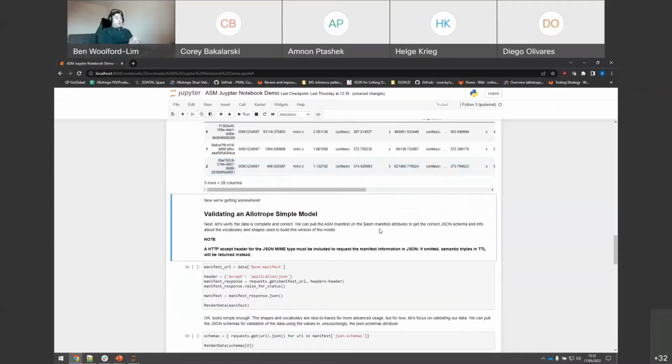First off, we have to pull the Asm Manifest. As Amnon mentioned, there's one key attribute in the data, which is the Asm Manifest. What that does is basically, it's just a small file that tells you, as he said, where the JSON schema can be grabbed from, what version of the ontology was used, what version of the shapes used. Most of this we don't need, but we do need to grab the schemas. So to do that, we need to grab